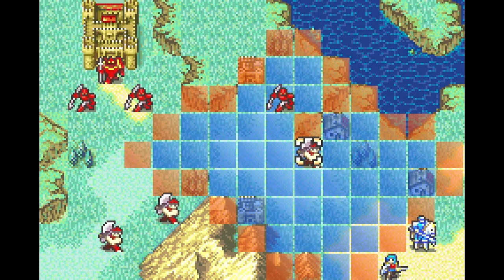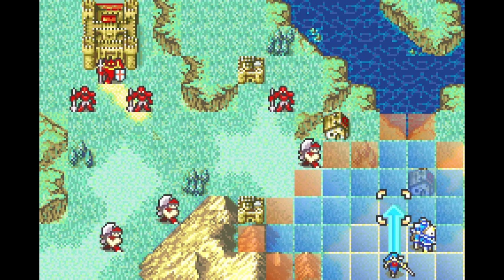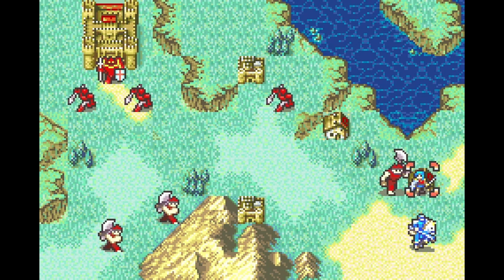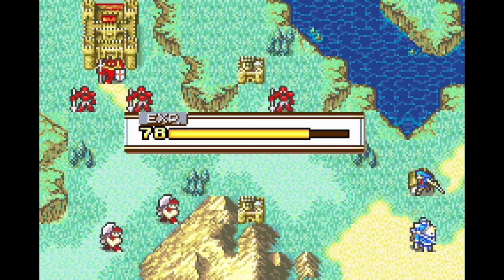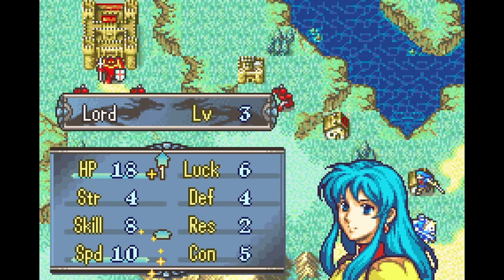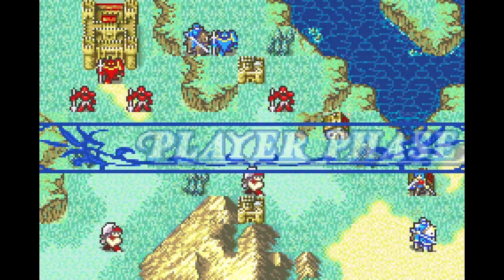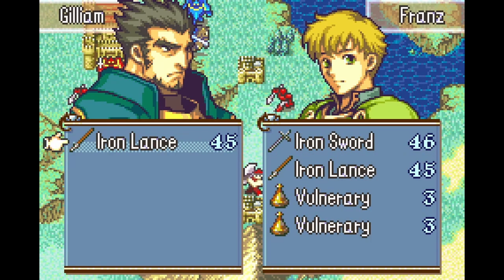Alright. Do houses give avoid? You get to go stand on this house, Eirika, because I don't need you getting immediately killed by axe guys again. And then like I said, so now that we're out of the prologue from immediately dying through amazing comedic timing,